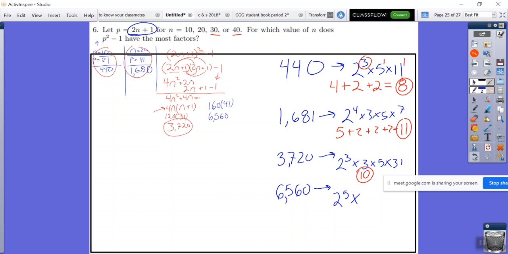Okay. How many factors does this number have? 24 as well. Which number has the greatest number of factors? 20. 20 does. All right. So,